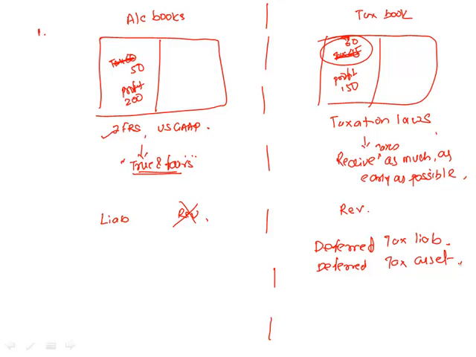Okay. So a simple rule of thumb going forward that we are going to use: you would ask yourself the question, am I paying more or am I paying less? If I am paying more, it is a deferred tax asset. If I am paying less, it is going to be a deferred tax liability. Are we fine here? Now please write down this part quickly.